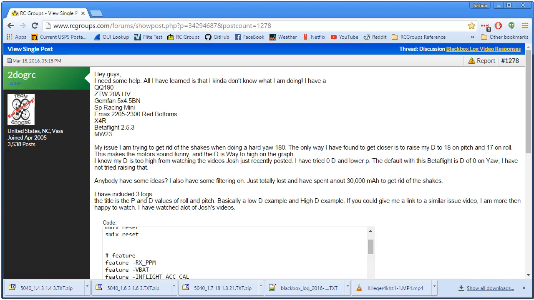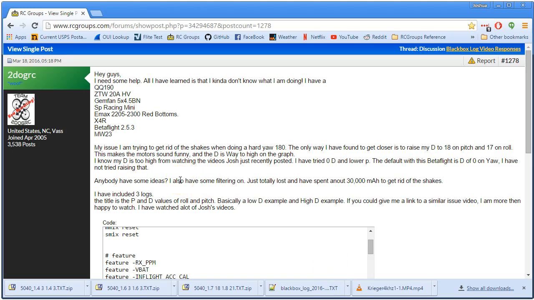I've got a submission here from 2dogrc, trying to get rid of some shakes when doing a hard yaw 180. So good on you. You've solved the problem, or maybe gotten closer, you say, by raising your D on pitch and roll to 18 and 17, but it makes the motor sound funny, and D is way too high on the graph. Yep, it's never good to have the D gain so high that your motors start to get these